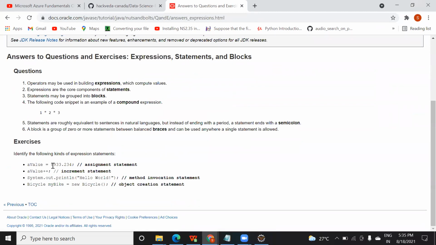They can ask you in this way also. This is the assignment operator. This is the increment operator. Here what you are doing, you are printing the statement. Here is your object creation. So from this they can ask you what this step is known for. This step is known for object creation.